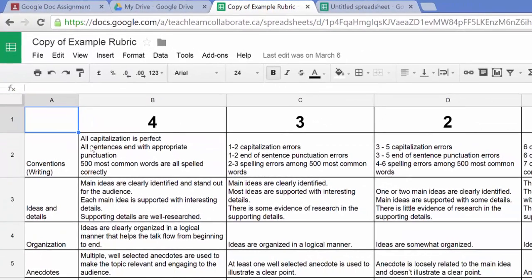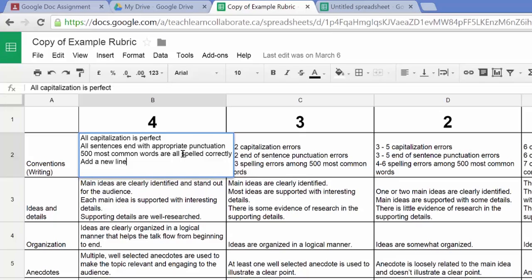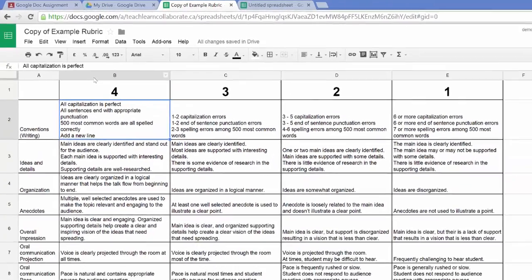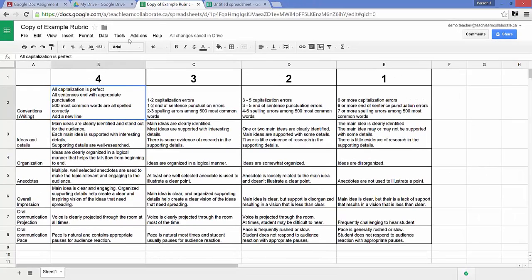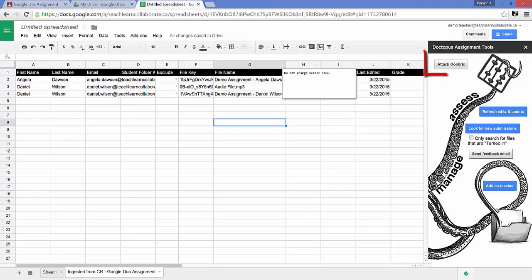You'll notice here that I have different sentences on different lines in a spreadsheet. The way that you can do that is to use Alt and Enter to come down a line. So that's how you do that. It took me a while to figure that out on Google Spreadsheets. So there's my rubric. I'll jump back over to my spreadsheet, and I'm going to attach a